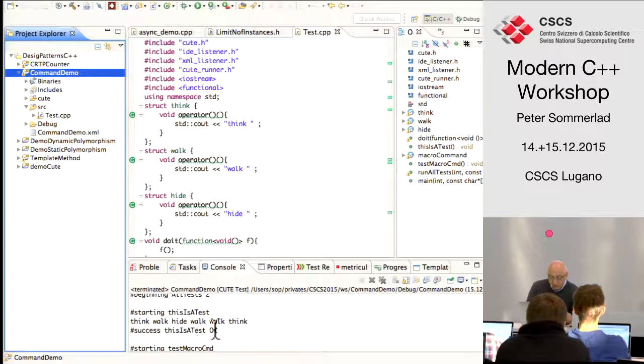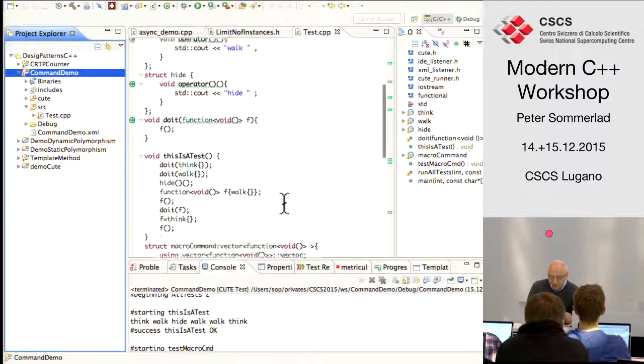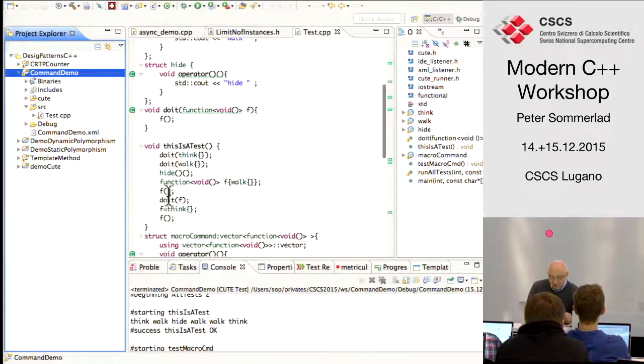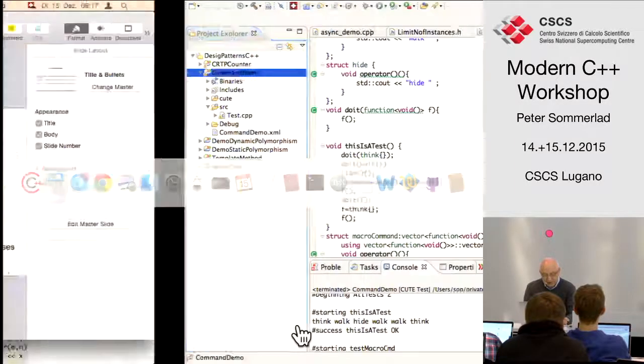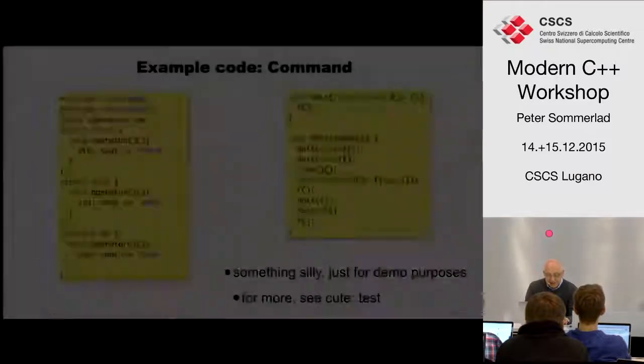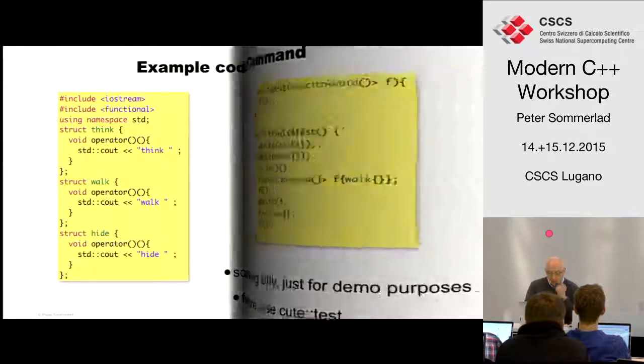Now think, walk, hide, walk, walk, think. Yeah, that's what I intended, or guessed the output.